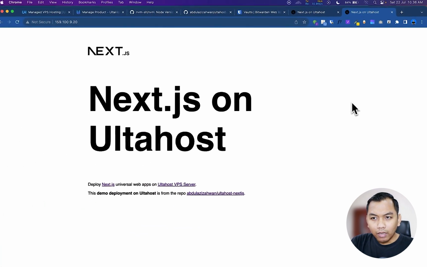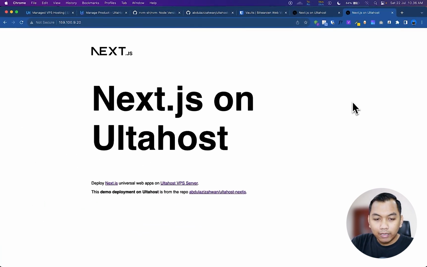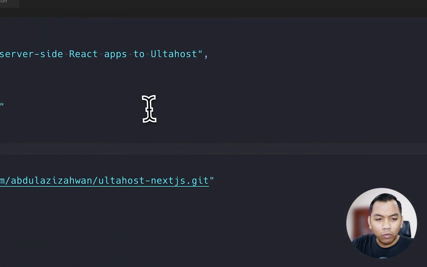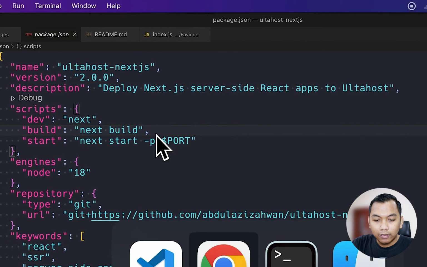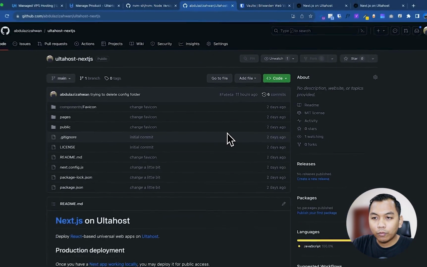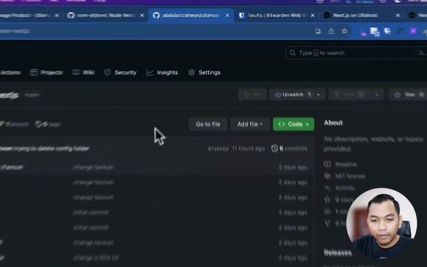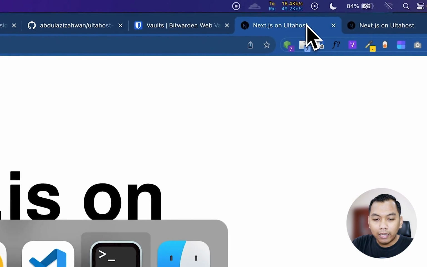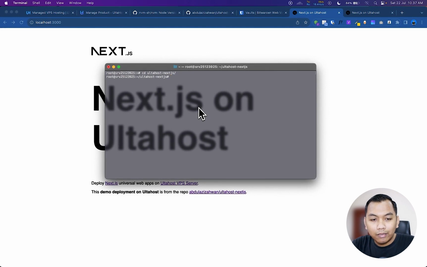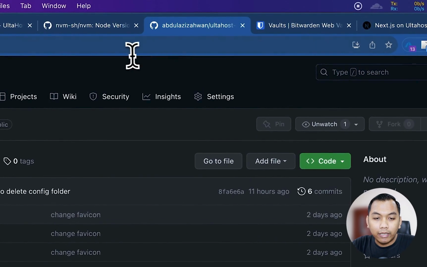And how about when we make a little change in our code? We can use this workflow. I just need to push to my repository, and then I just need to go to the folder from the repository, and then I just say git pull and then the address of my repository here.